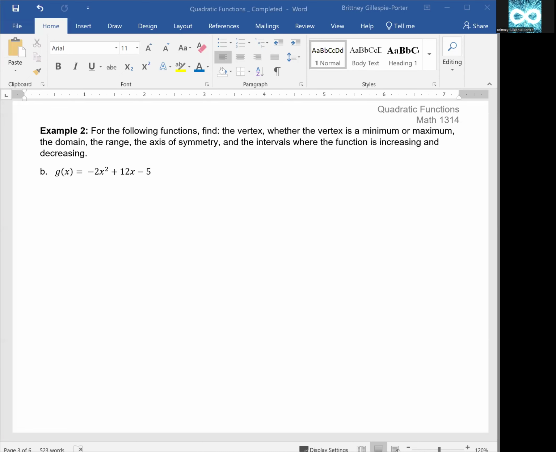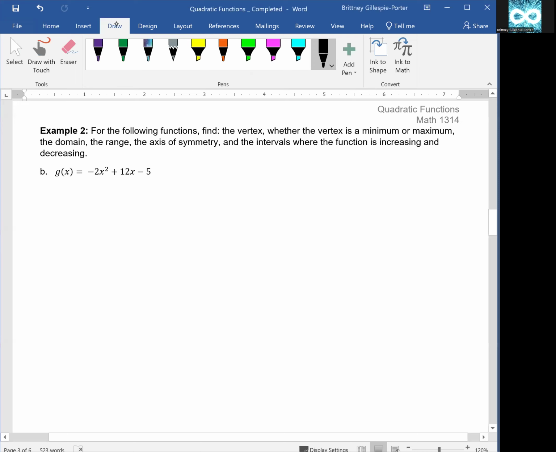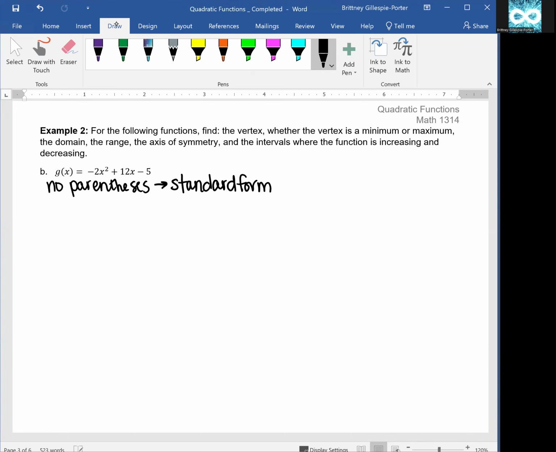All right, let's try another example where we have to identify all the characteristics of a quadratic function. Remember that you need to start by figuring out if you have standard or vertex form. Here, I don't have any parentheses, which means standard form. So if it's standard form, I'm going to have to do a little bit more work to find my vertex,